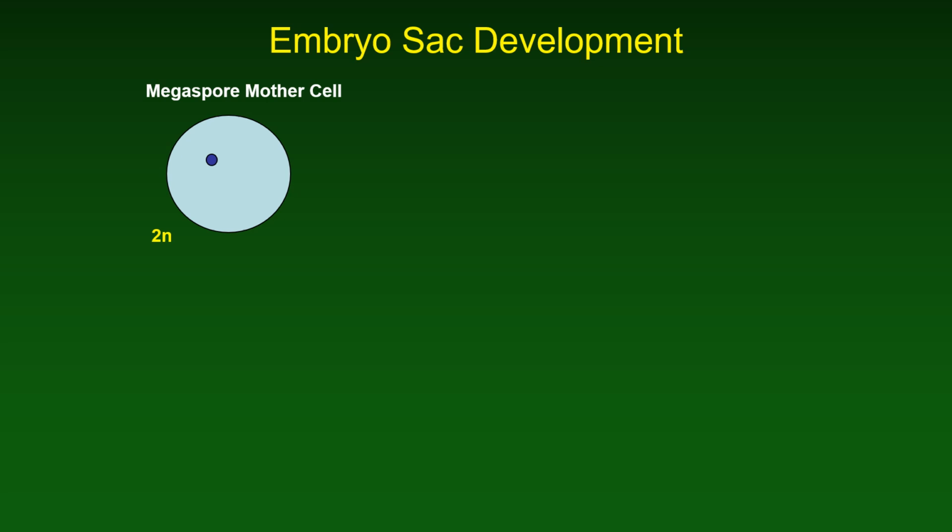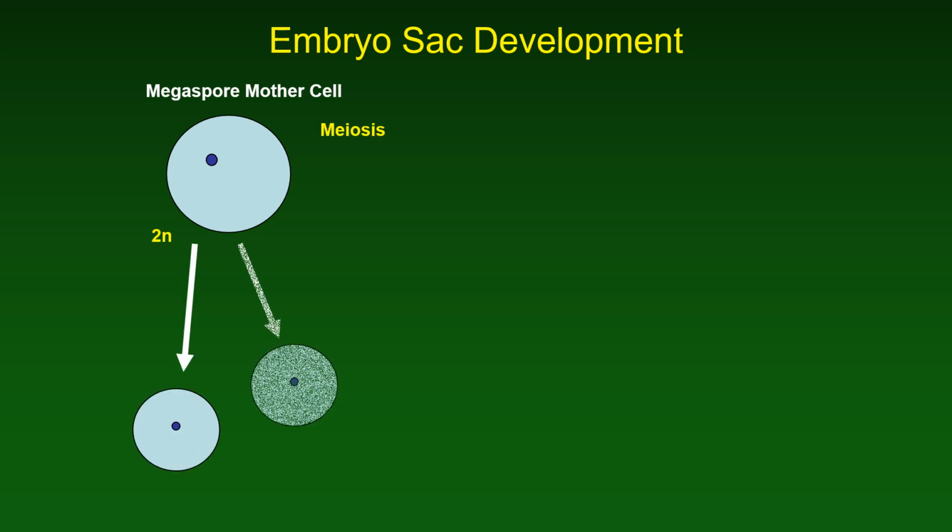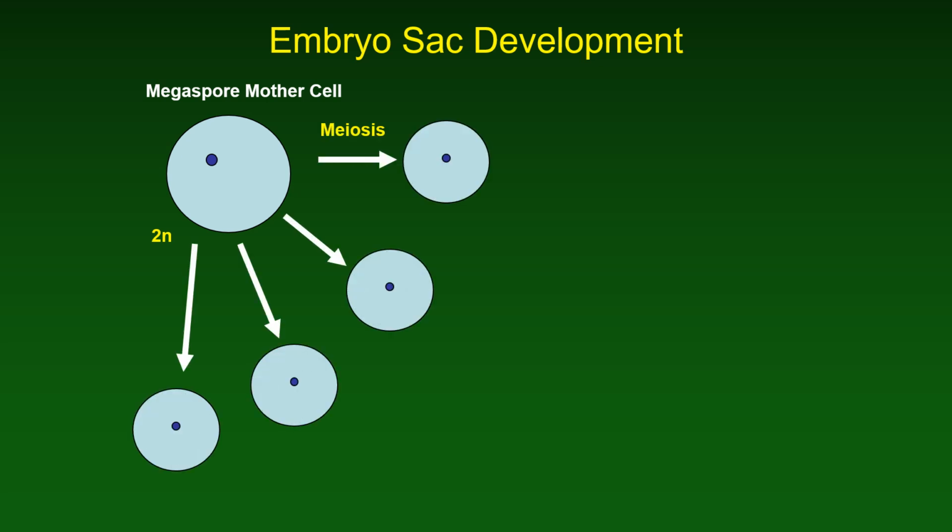Let's take a quick look at how the female gametophyte or embryo sac develops. Again, we start with a diploid cell. This time it's called the megaspore mother cell. And we have our 2 rounds of division of meiosis. And you'd think that we would end up with 4 haploid cells, but actually 3 of them abort. We're left with 1. That's actually not always the case, but this is the simplest case. So we have our 1N megaspore,